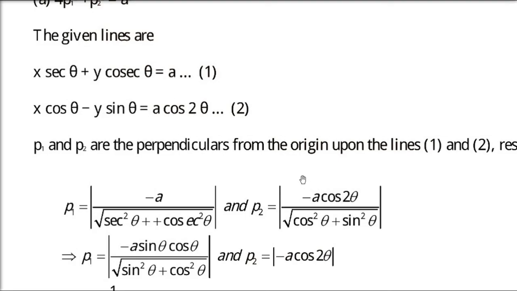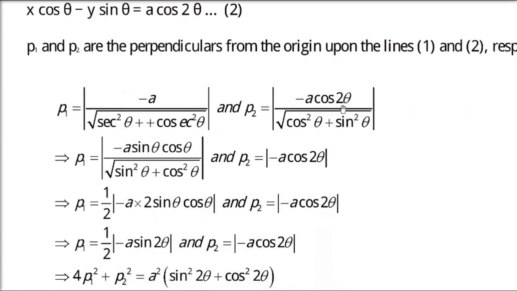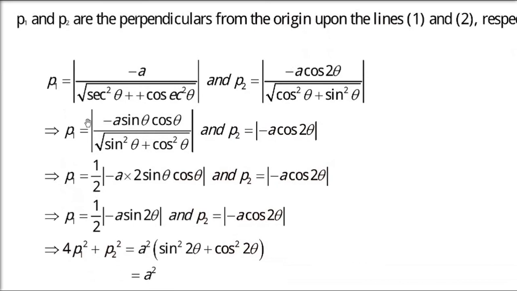Similarly here, a cos theta minus a sin theta divided by under root cos square theta plus sin square theta, which will be 1. So for the first equation we have sec theta and cosec theta as a and b. Now sec square theta plus cosec square theta: sec square theta is 1 by cos square theta, cosec square theta is 1 by sin square theta. So take the LCM, it will go sin square theta plus cos square theta by sin square theta cos square theta. Since it is under root, the denominator will be sin theta cos theta, and it will go to the numerator.